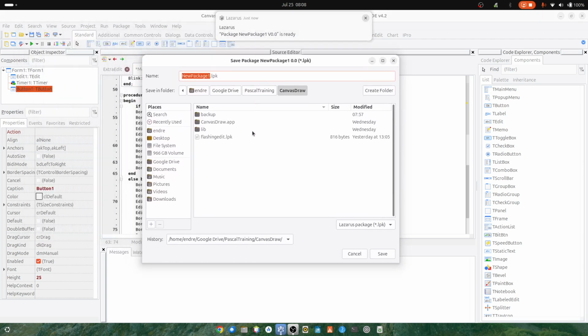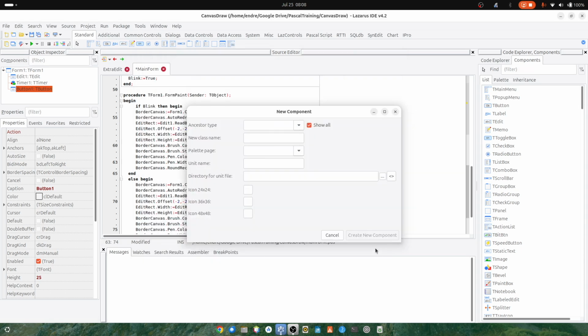So you have to name your package, and you need to save it in a file. So let's say this will be example package. So once you save it, you get another